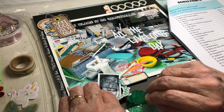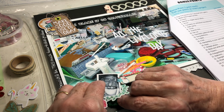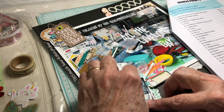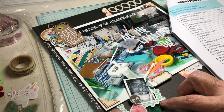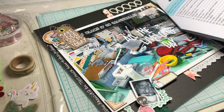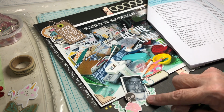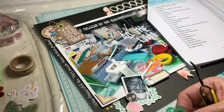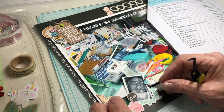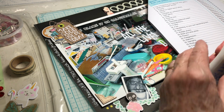I'm going to kind of slide it under the photo, and it'll somewhat, well, it's not working like I wanted it to. And you know why that is? It's because I let this be flat. What I can do is work it this way. I can slide it under the photograph. Okay, it needs glue because I wiped all the glue off